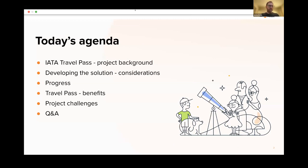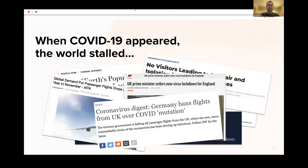So just for those who might have joined, I'm going to cover the IATA Travel Pass, the background, the considerations for the project, where we are today, the progress, the benefits of our approach, and the challenges we had. So firstly,